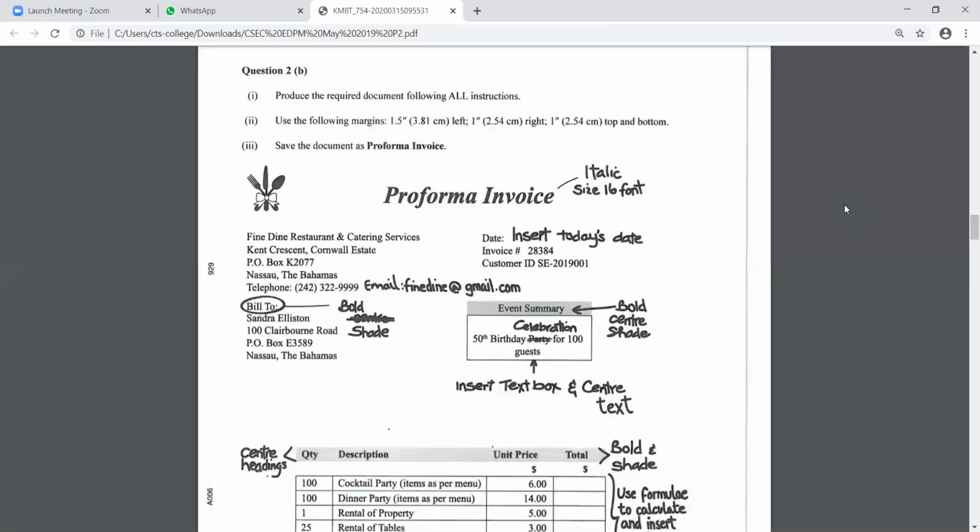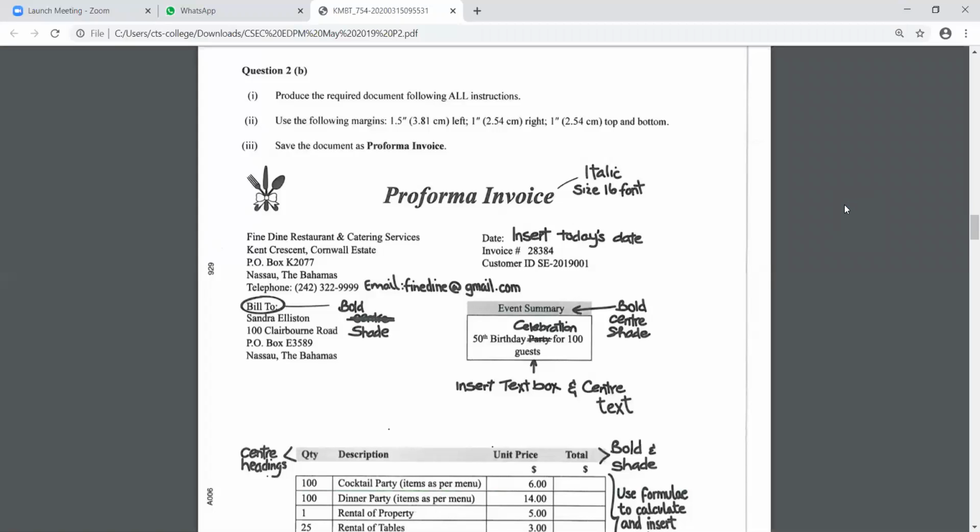We are going to go down to the second page. I see Bal already pulled it up there. We're going to go down to the second page of the question paper. We're going to look at question 2B. So you'll notice that question 2 is broken up into A part and a B part, right? I want you all to look at the instructions. I'm not going to say anything as yet. I want you all to just look at this question 2. It starts on this page, it goes down to the other page. I believe Lyndon would have sent this file as well for you guys on the group.